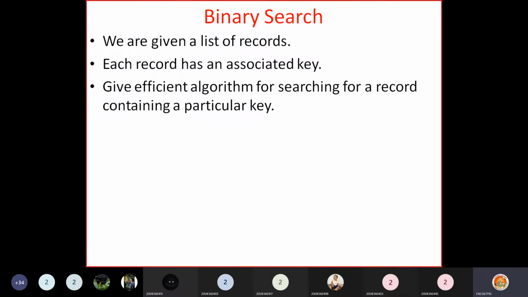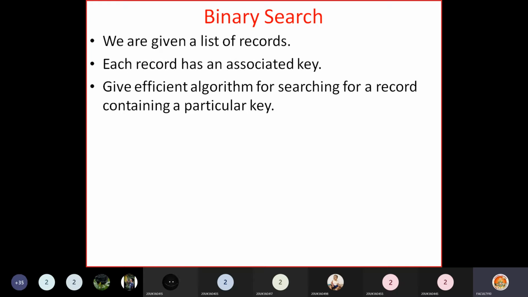So today's topic of discussion is binary search. If you look into the searching problem, we will be given a list of records. Here a record can be pictures, student data, employee data, anything. Each record has an associated key.